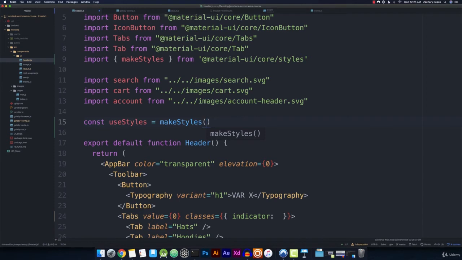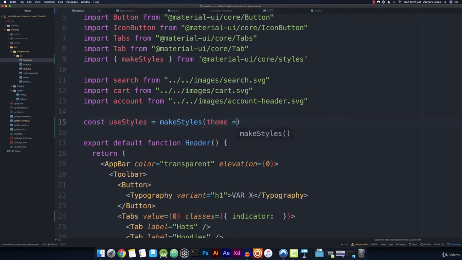This is the pattern that you're going to use on every page and every file that you create with Material UI components that you want to style. You're going to import makeStyles and then create your constant of useStyles. Inside of here, when we call makeStyles as a function, Material UI behind the scenes is going to pass it our theme. So we actually are going to pass a function into makeStyles, and that function will receive the theme. So we're going to pass in a function that is going to expect the theme prop, or argument rather, to be